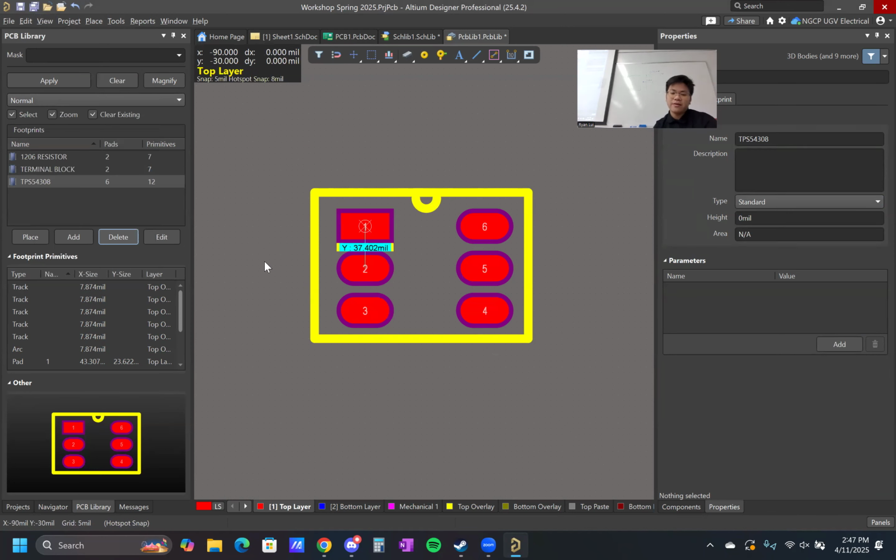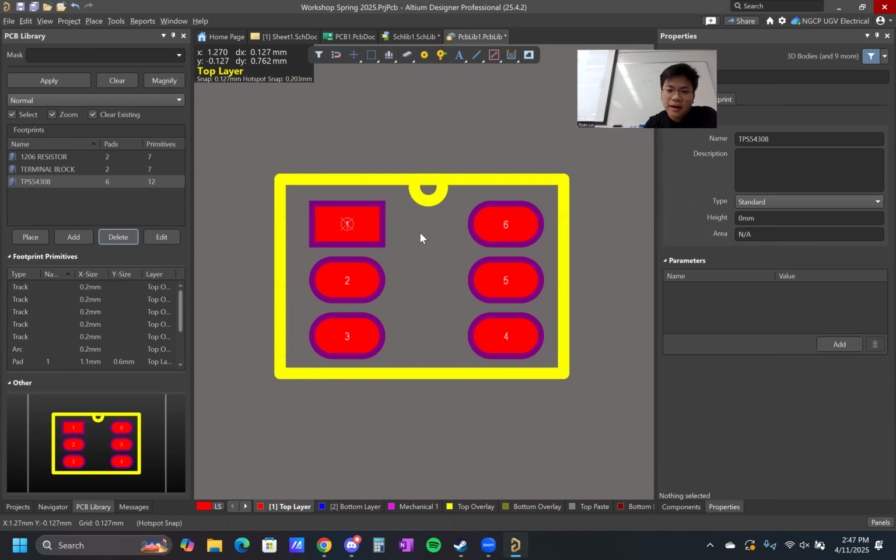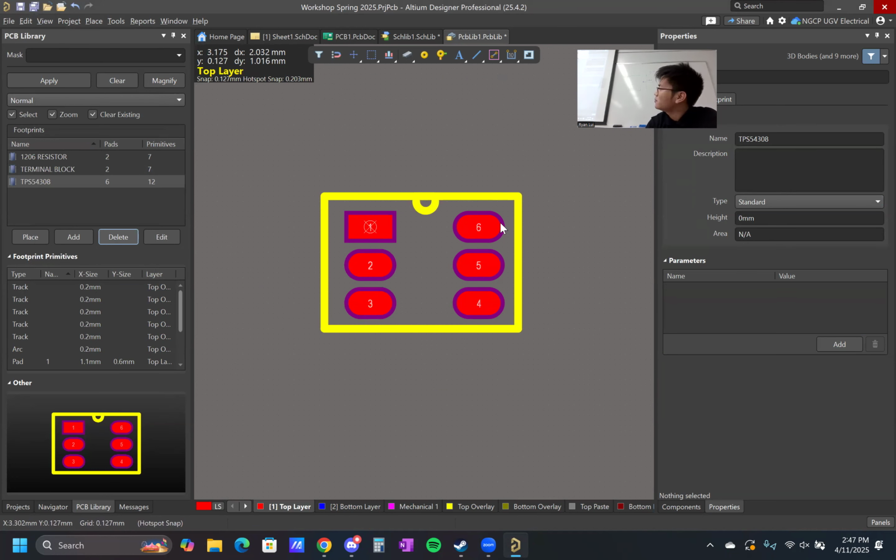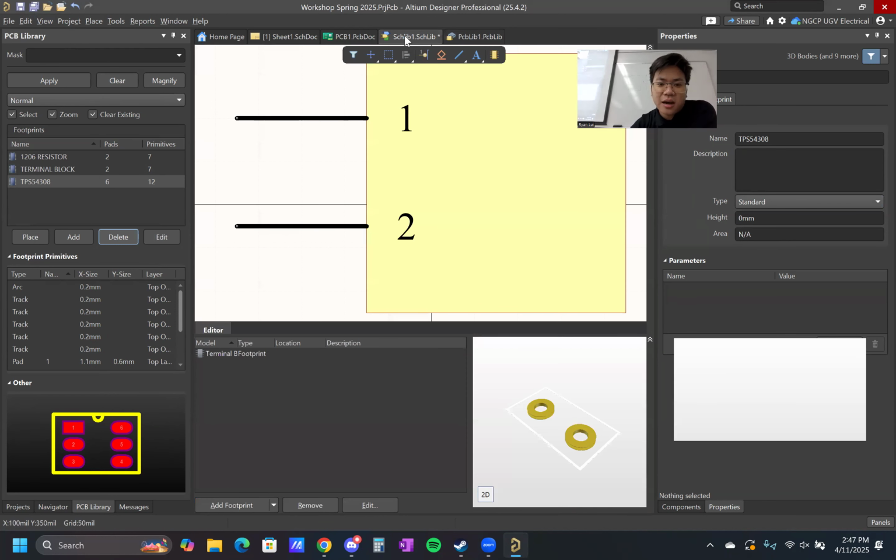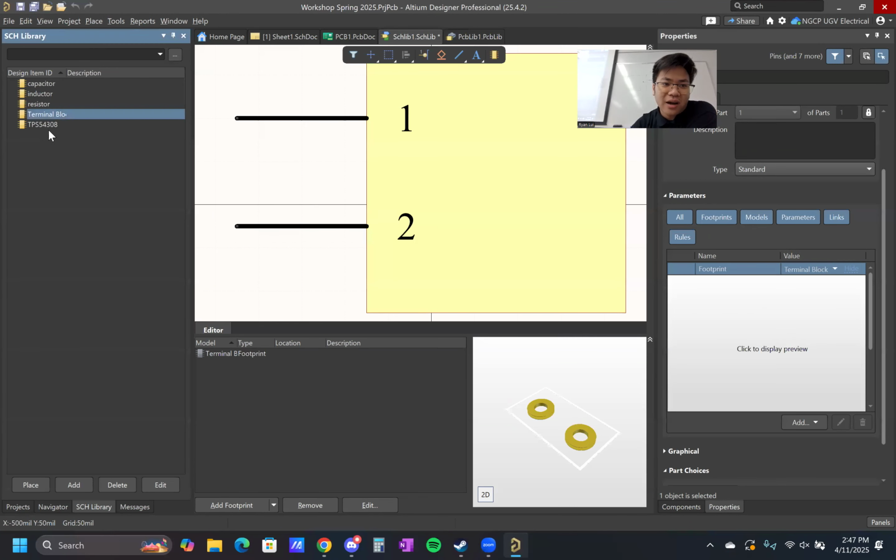Oh, Q, sorry. If you hit Q, it'll actually toggle between mils and millimeters. There we go. And Shift C to clear that. And that's our TPS footprint. Control S. And let's upload that